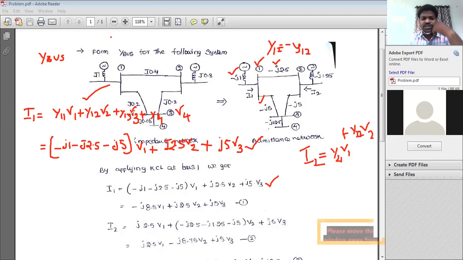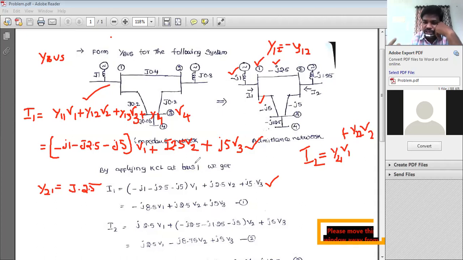Now our intention is clearly to calculate the values of Y21, Y22, Y23, Y24. So what is Y21 here? Now you just go through the figure. Y21 is nothing but the admittance connected between the first bus and the second bus. That means that is a mutual admittance that belongs to bus number 1 and similarly bus number 2. So for that purpose, I am considering this minus j 2.5 as j 2.5.